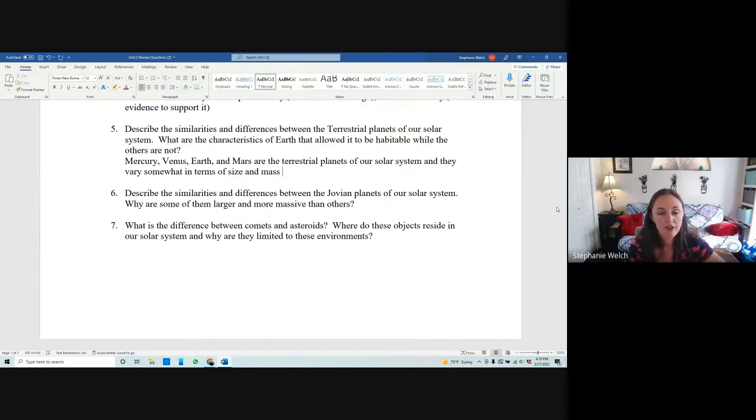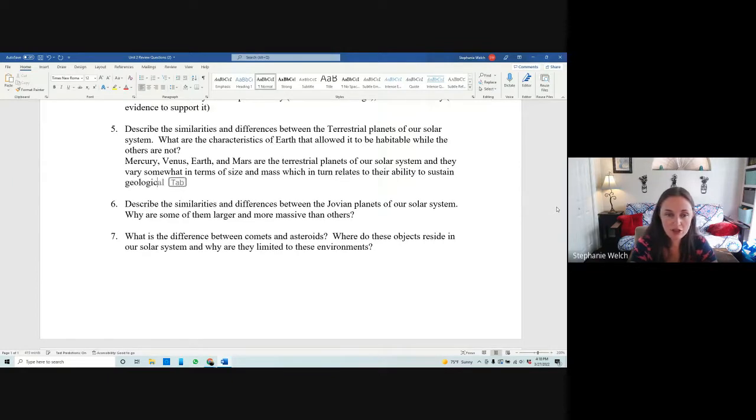So they vary somewhat in terms of size and mass, which in turn relates to their ability to sustain geological activity. In terms of size, mass, and geological activity, or almost in a sense like whether or not the planet is alive,